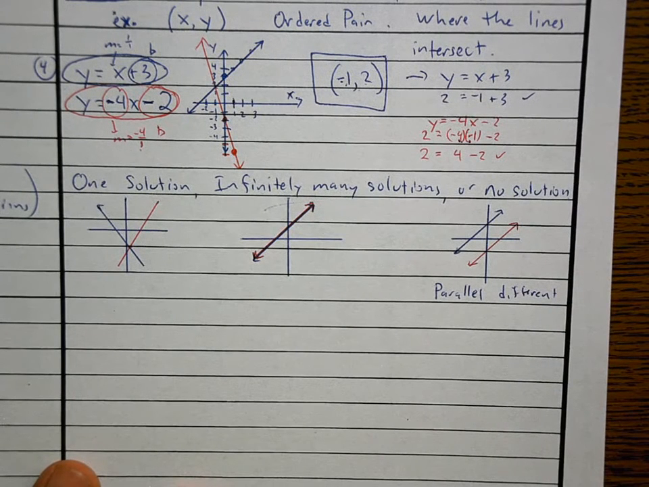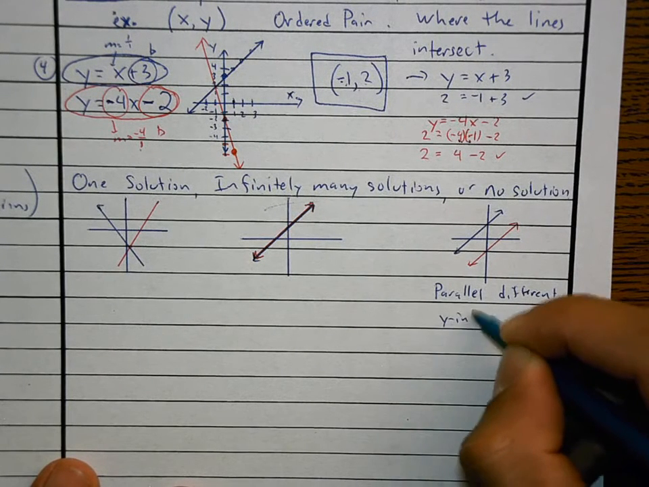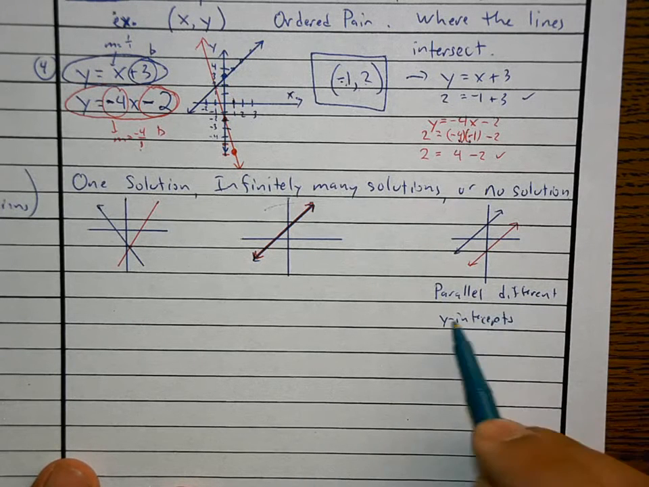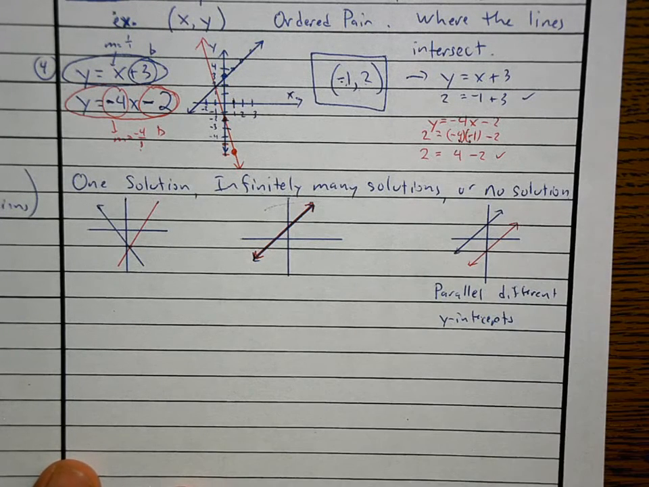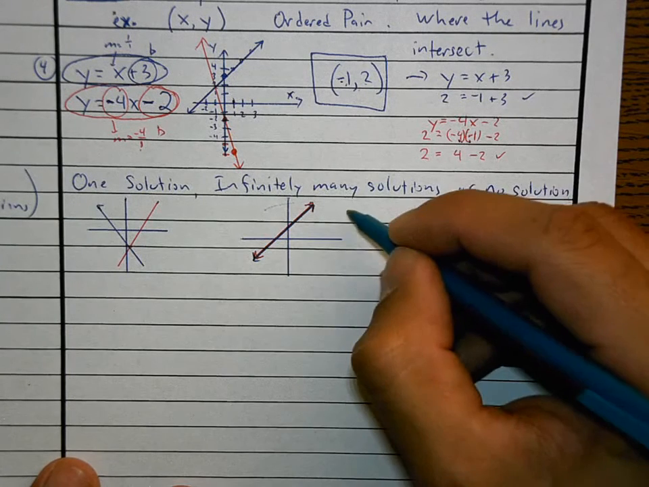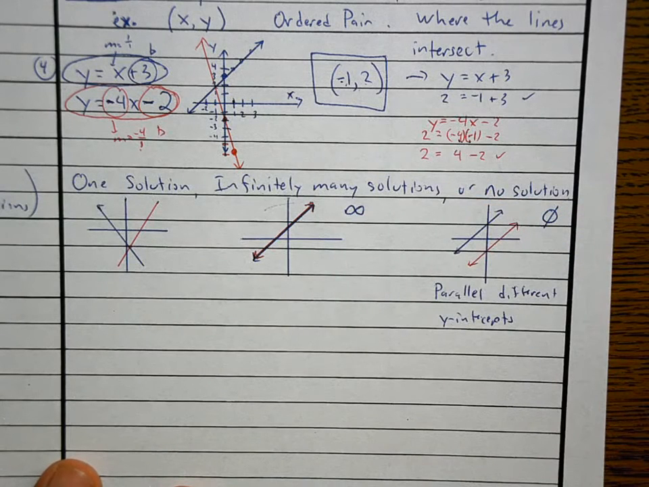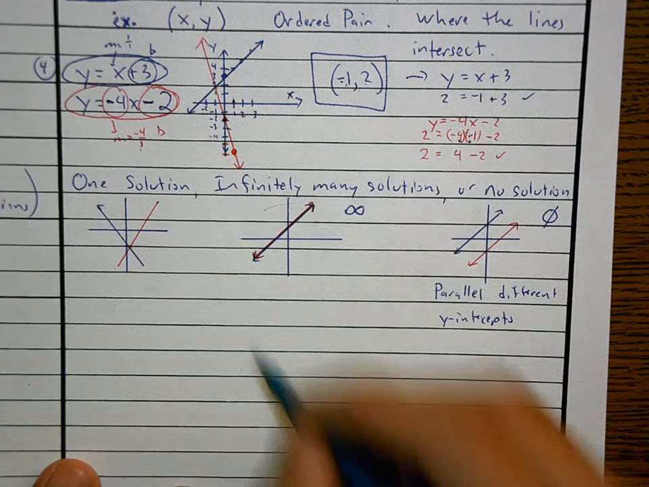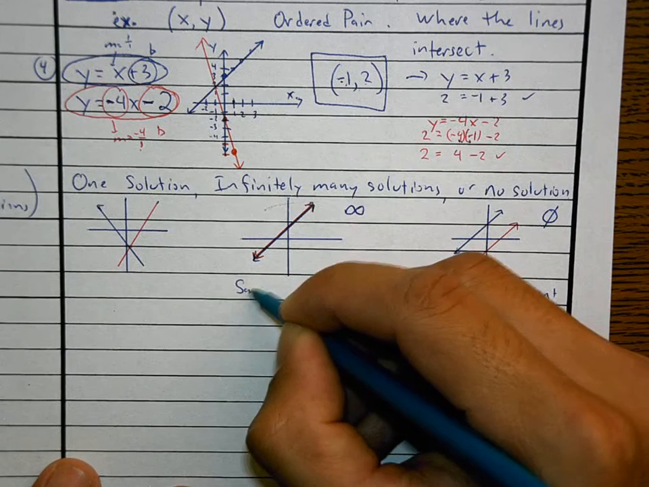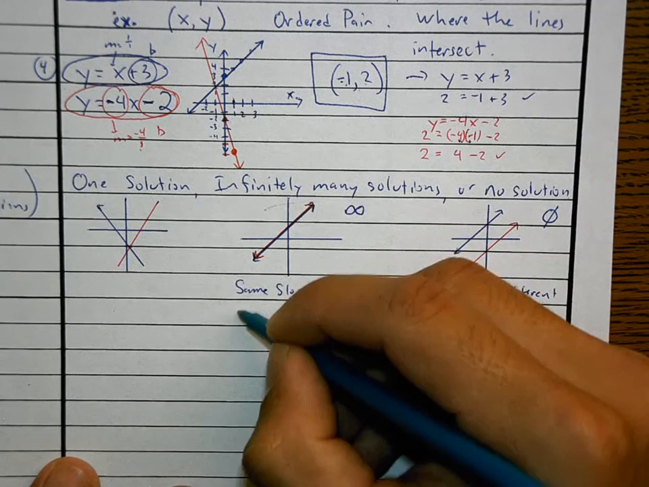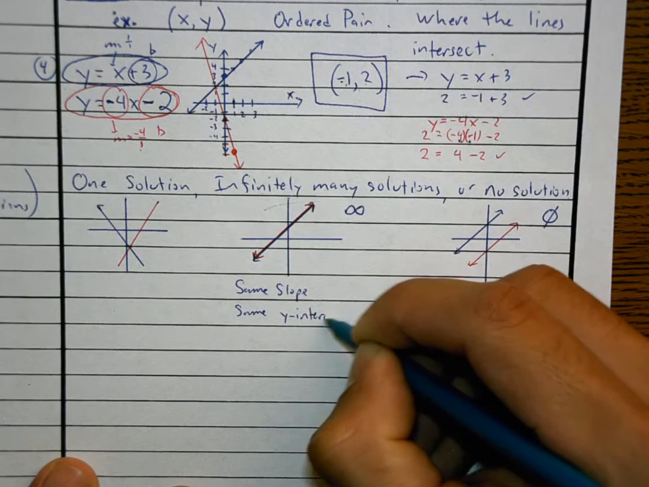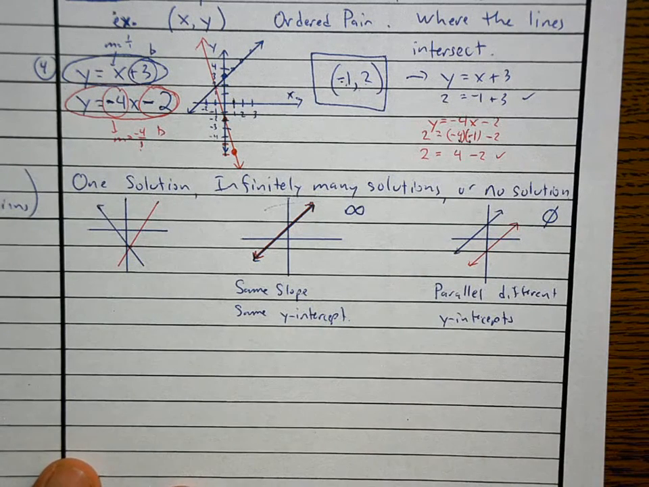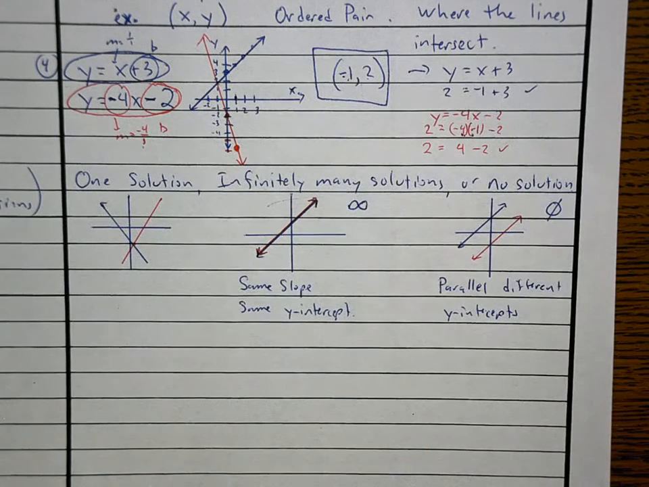If they're parallel and have different y-intercepts, parallel, different y-intercepts, it is no solution. There's a symbol for no solution if you want. It looks like this. You can use this if you would like for no solution. Infinitely many solutions, there's a symbol for that. Looks like this. These have the same slope and the same y-intercept. Just so you are aware, those are the trick questions. I'm going to stop your notes right